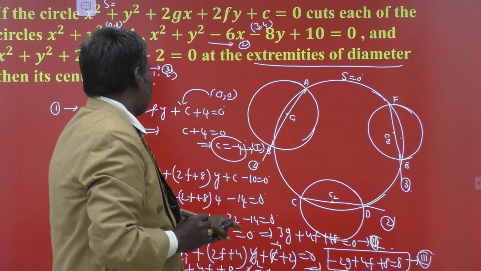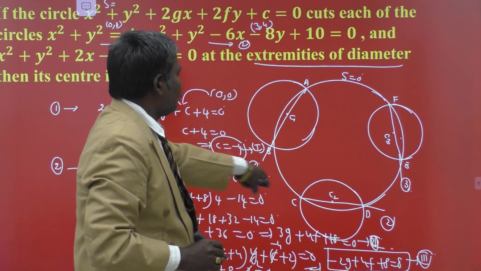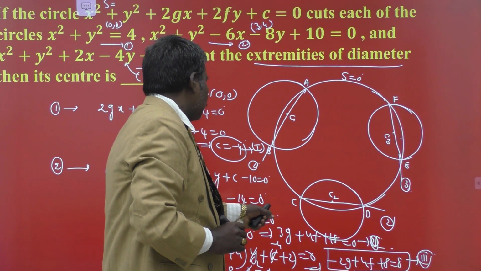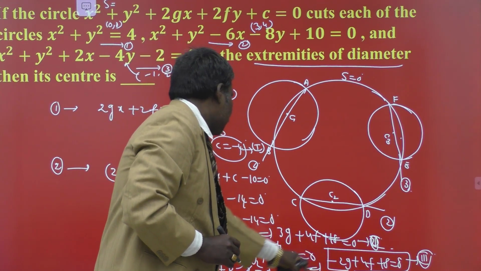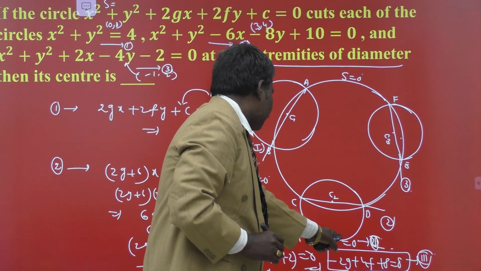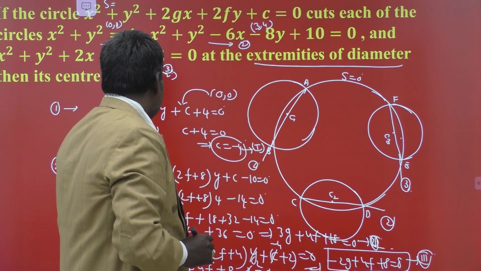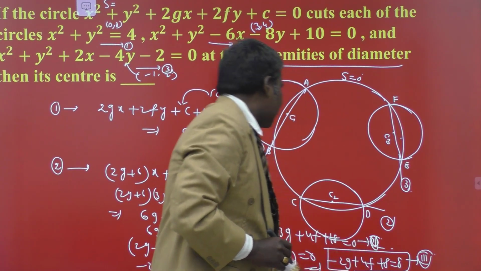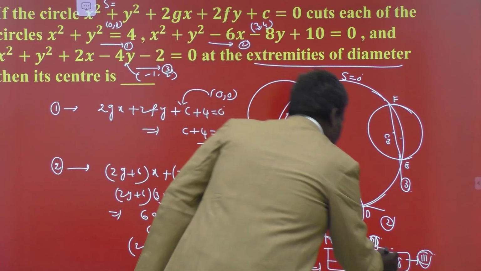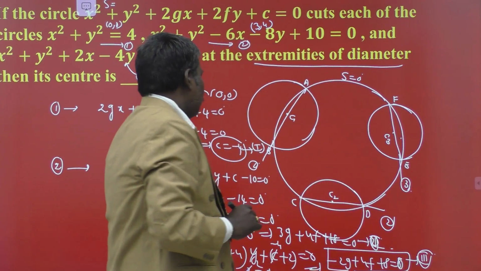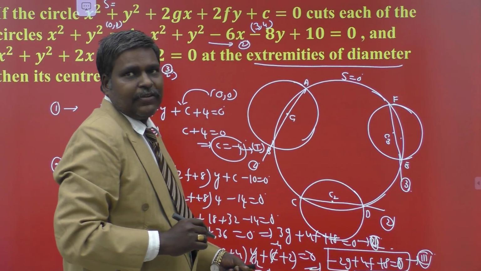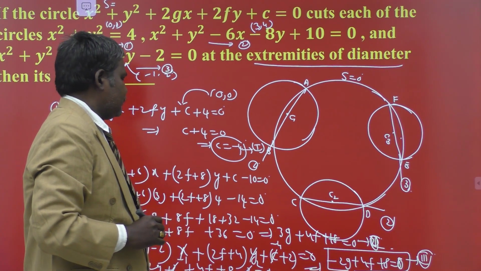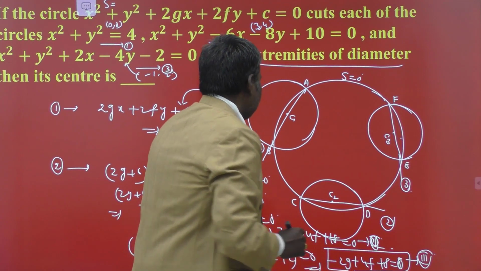We have three equations, 1, 2, 3. We can get the equation of the circle itself, but they are just asking for the center of the circle. By solving Roman 2 and Roman 3, we obtain the equations 3g plus 4f plus 18 equal to 0 and minus 2g plus 4f plus 8 is equal to 0. So, by solving these two equations, we get the values of g comma f. What is the center of the circle? Minus g comma minus f. So, subtract 2 from 3.